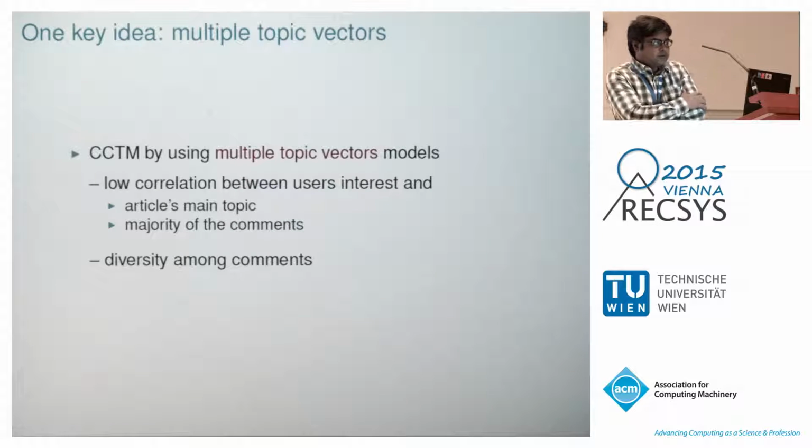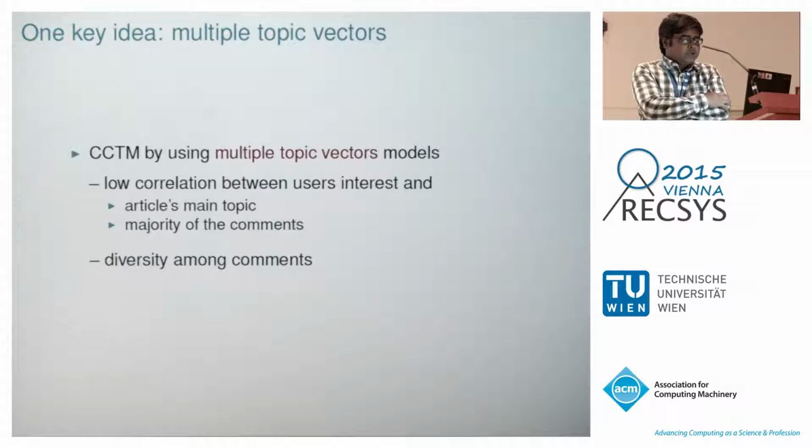But one key idea in this paper is the use of multiple topic vectors. In topic models, these topic vectors give a probability of the topics for an article. Now in standard methods, they use a single distribution or single proportion over topics for the entire article and the comments. And that makes them unable to model the variation across the sentences. For example, if somebody is interested in the USB port or heartbeat reader, which may be described in only one sentence of the entire review article, that will have very low probability. But this topic may be very highly probable in that sentence.